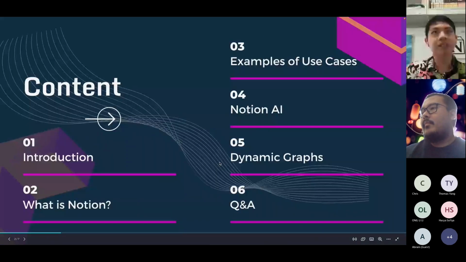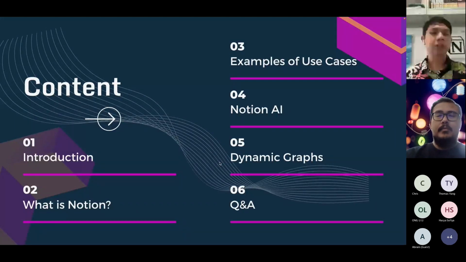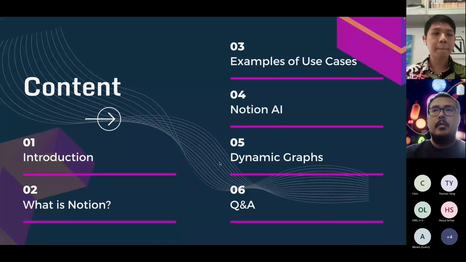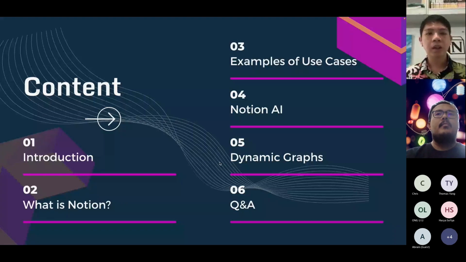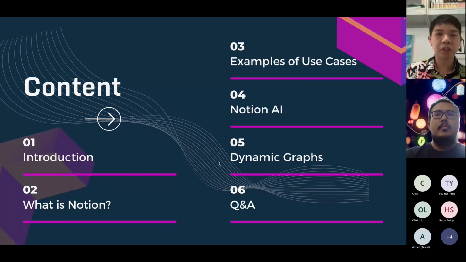So for today's agenda, just to give a bit of a walkthrough of what we'll be talking about. First, a bit of introductions of who I am, and then Hazwan, who will be the other guest speaker. Then we'll go through what Notion is on a high level, and some example use cases of what Notion can be used for. Hazwan will showcase how he uses Notion AI for himself and his workflows, and he is also a consultant helping people with Notion. He will introduce himself a bit more later.